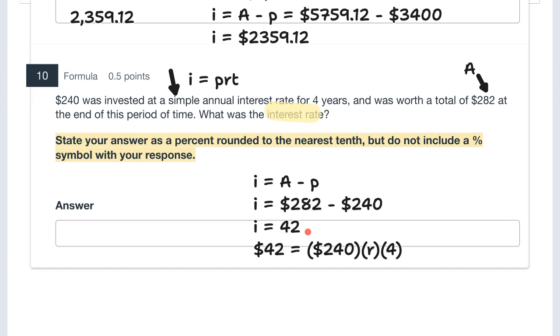This tells us the interest rate R is going to be the 42 divided by the 240 and also divided by the 4. So the R, 42 divided by 240 divided by 4 is